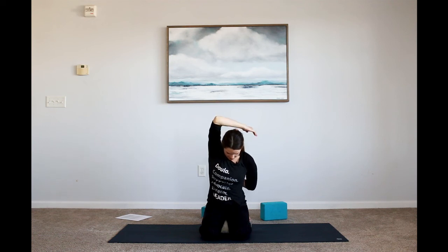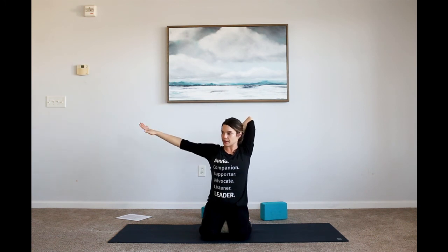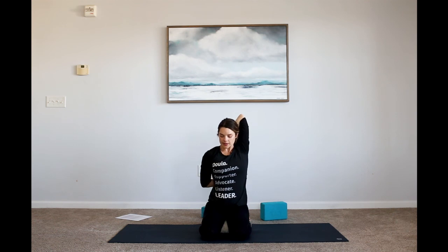One more full breath in, full breath out. And exhaling, lean slightly forward to release your arms. We'll inhale, sweep the arms up, bending into the left elbow. Right hand catches the top of the left elbow and either stay here if this feels like a good enough stretch. Or as you inhale, take the right arm out, pivot the thumb to face the floor, and then bending